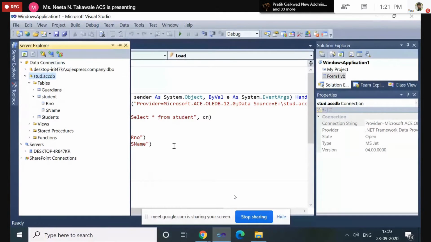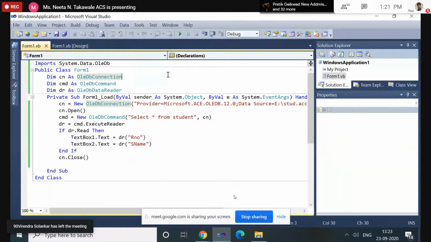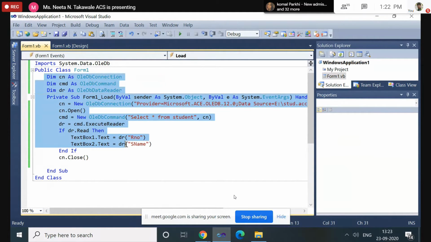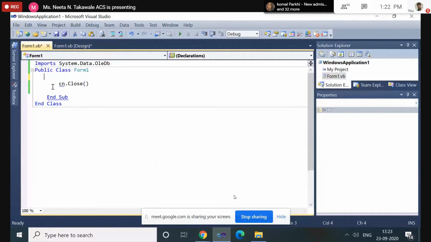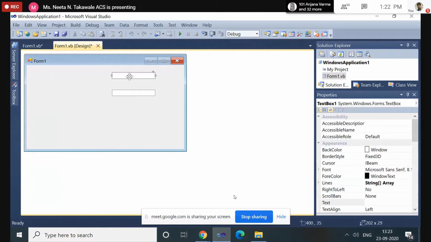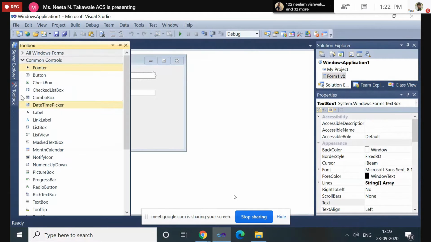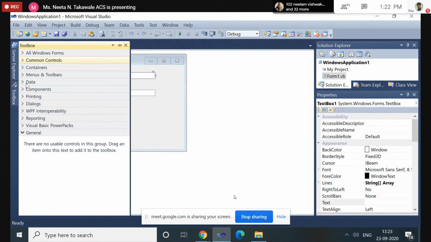So here, take the same. There is no need to import. Instead of the earlier control, here I'm taking the data grid.